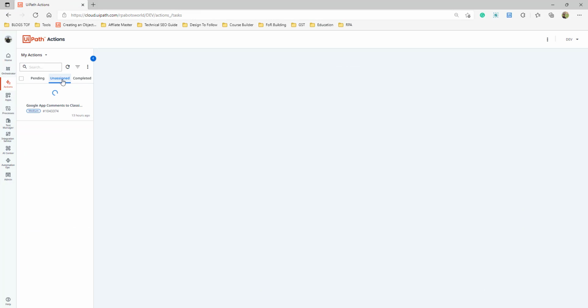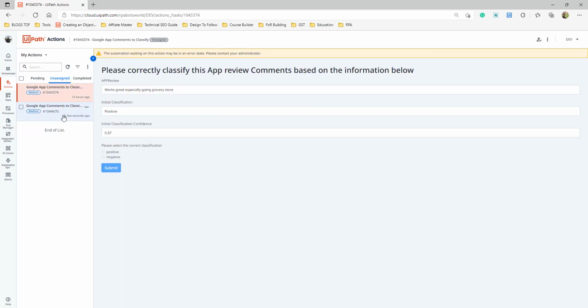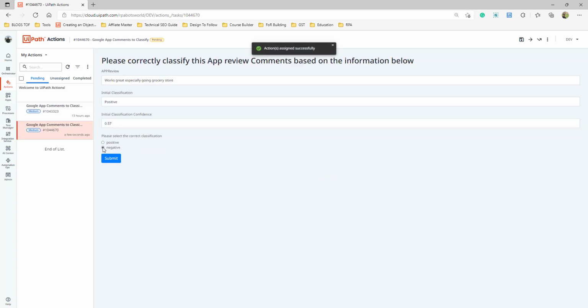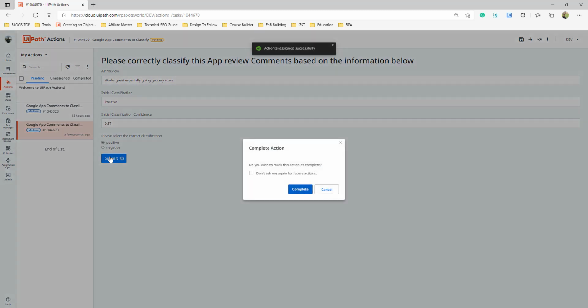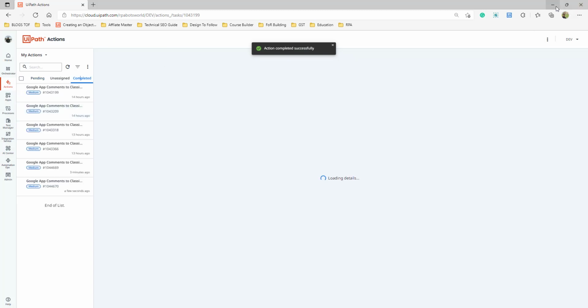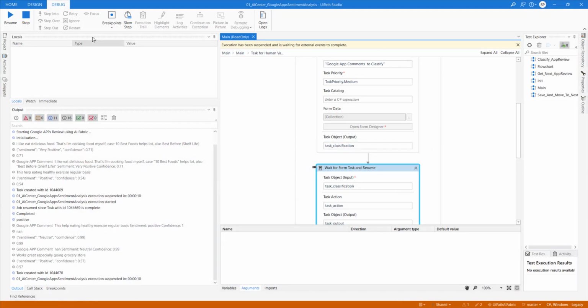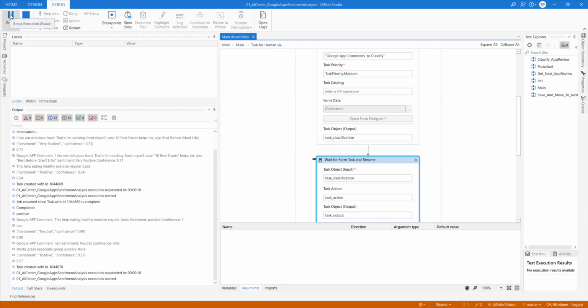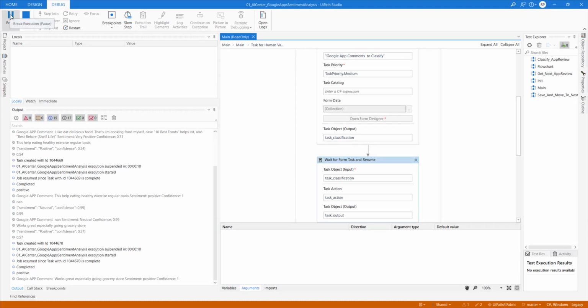It will come into unassigned. See here. The first thing you need to do is assign it to yourself. Take action on that. Submit it. So it will become completed. And the moment it becomes completed, you need to resume it here. And then further steps will be completed.